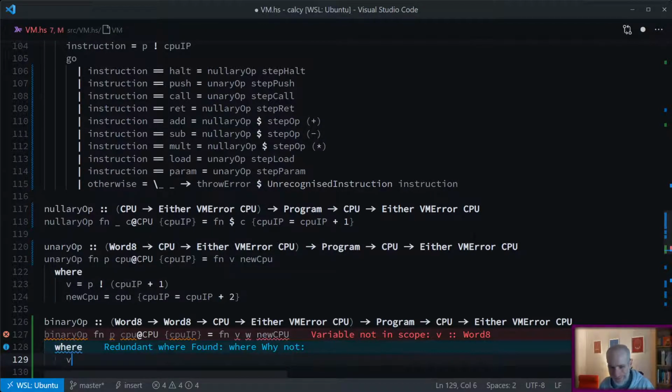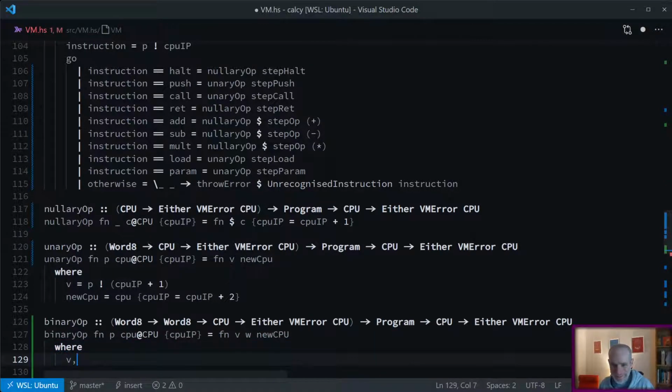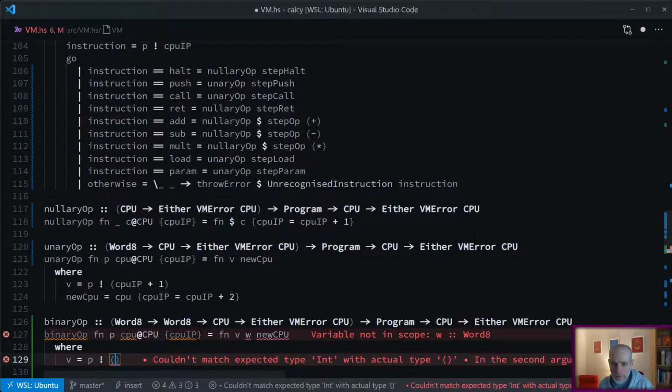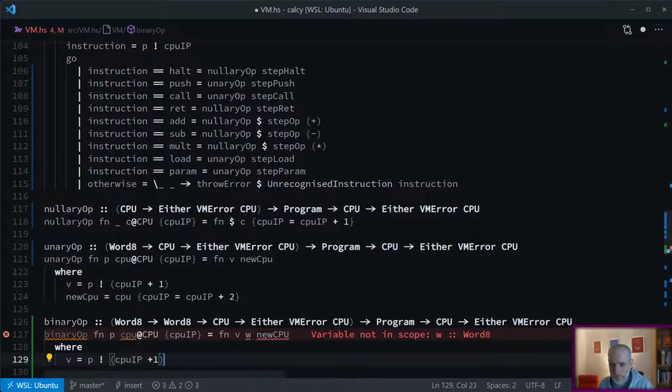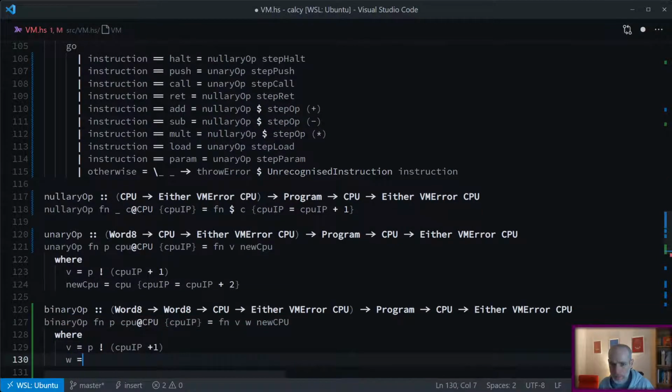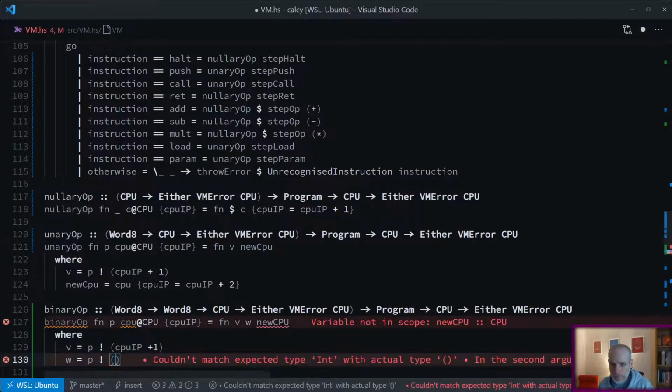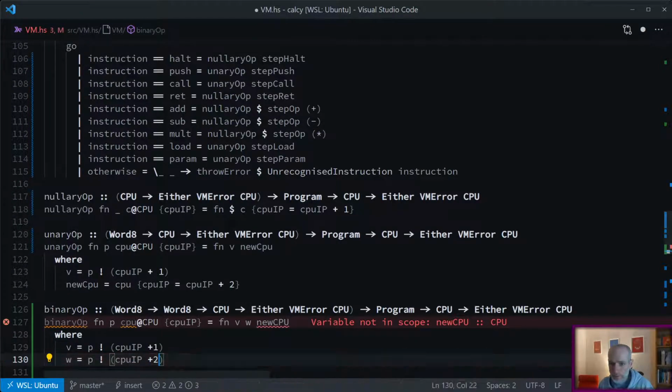V is equal to the same thing, so pbang, and then it's CPU IP + 1. And W is equal to bbind CPU IP plus 2,